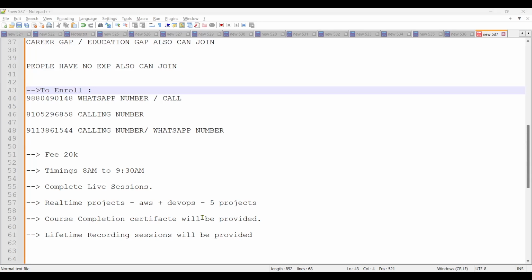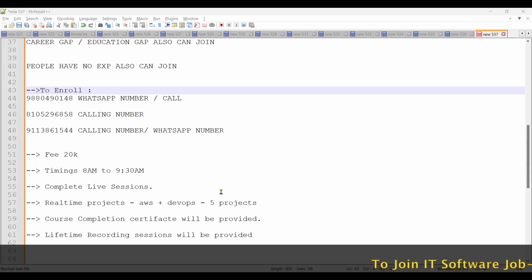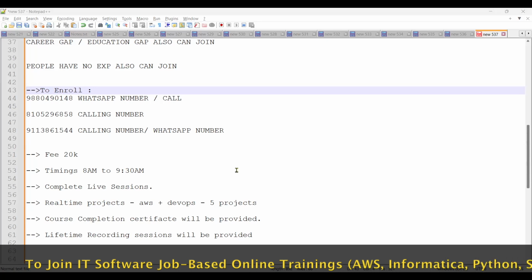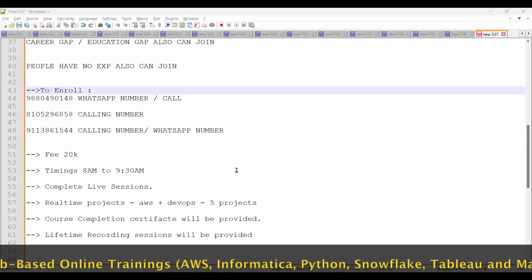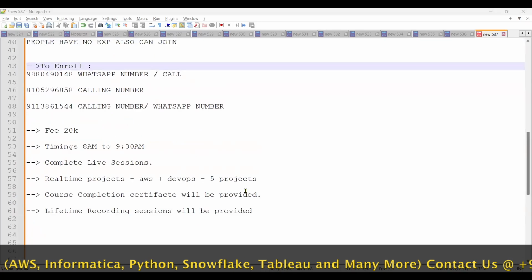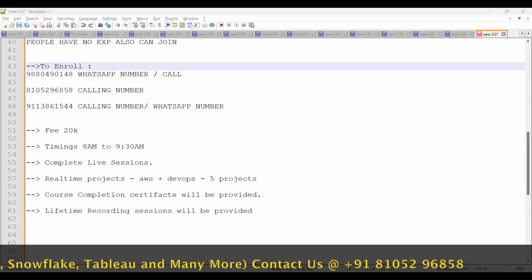Arvind sir, I have one question. Is it only AWS that continues, or are some Azure concepts also explained? No, this is purely AWS. Azure Cloud is a different course. Are some basic Azure concepts explained, or is it purely AWS? See, this is not an Azure course. It is purely AWS. We'll be teaching only AWS here. Azure is a separate course.